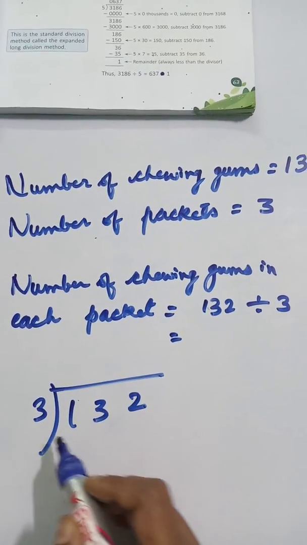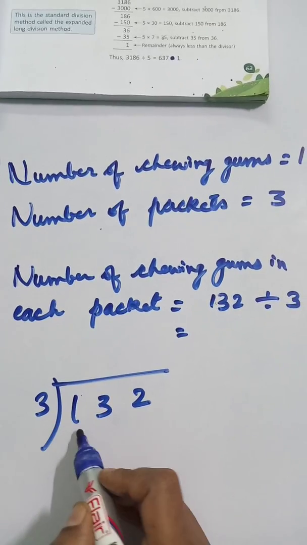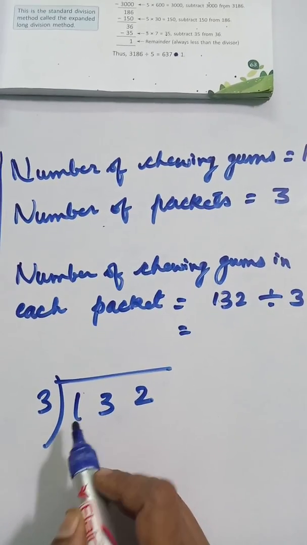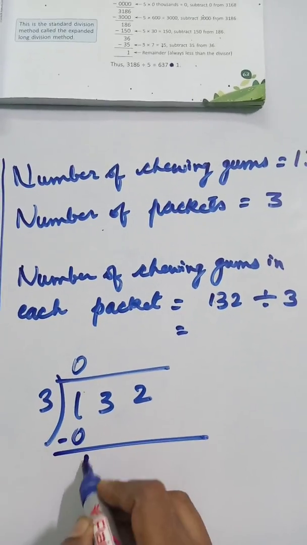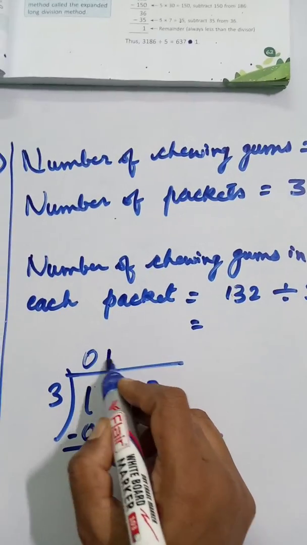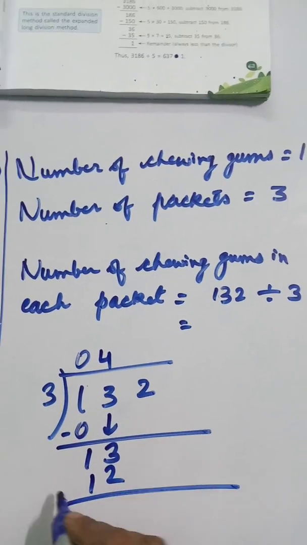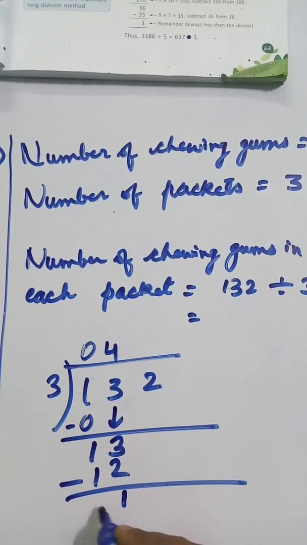Now you do the division, children. First of all, you will divide this 1 by 3. It's not possible because it is less than 3. So you will apply 0 times. So write here 0. Now copy this digit, that is 13. Now 3 4s are 12, you will apply, because we are not getting 13. So 3 4s are 12.